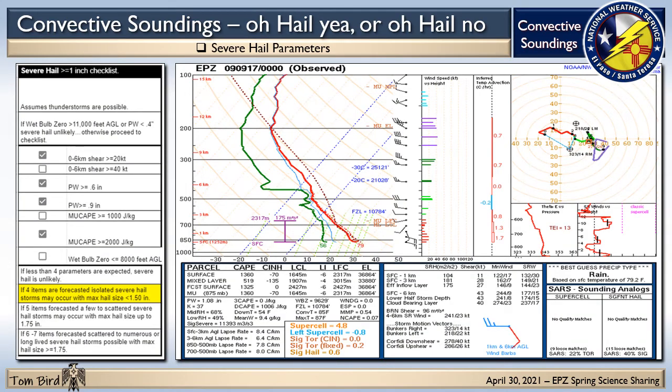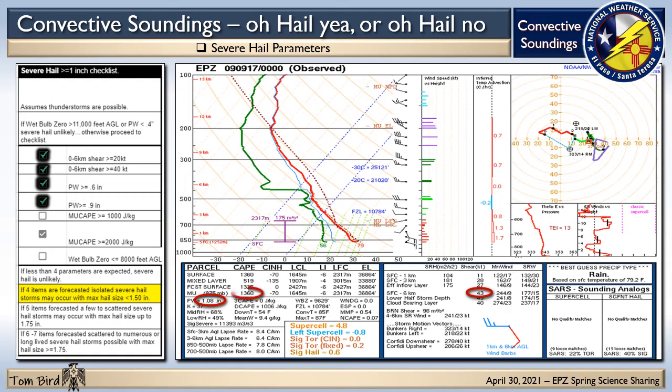So here we are on the convective side of things. Again, looking at hail on this day. So this is now 2009, September 17th. And we'll go through the checklist looking for severe hail that's larger than 1 inch. We start out looking at the shear. We've got 43 there from surface to 6 kilometers, and that gives us 2 check marks on the checklist. Look at the PW, definitely above 0.6 and 0.9, so we get 2 more check points there